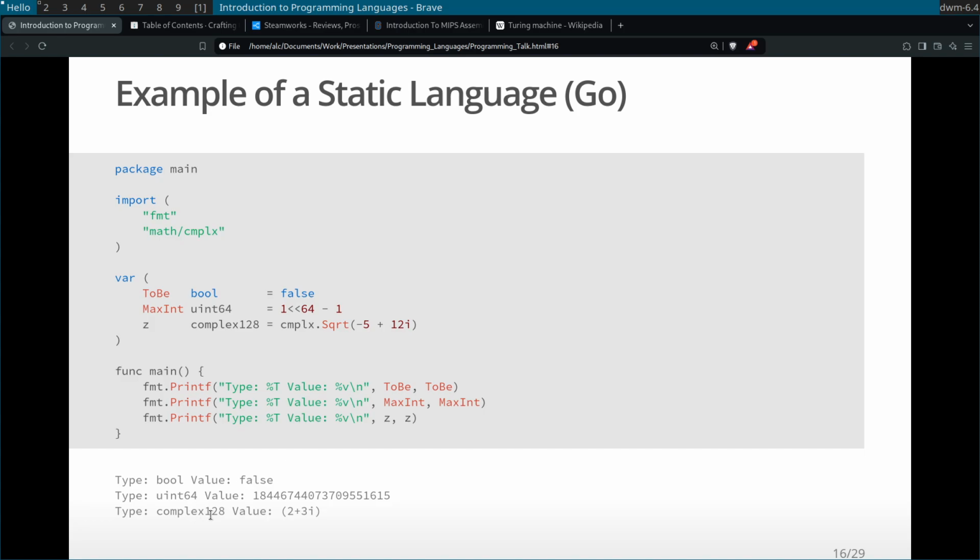And then we have this complex 128-bit number, and in case you didn't know how this math was done, we would square this number to get that. So 2 times 2 is 4, and then we subtract 3 times 3, which is 9. So 4 minus 9 is -5. And then this number we get by doing 2 times 3, which is 6, and then doubling that to get 12.